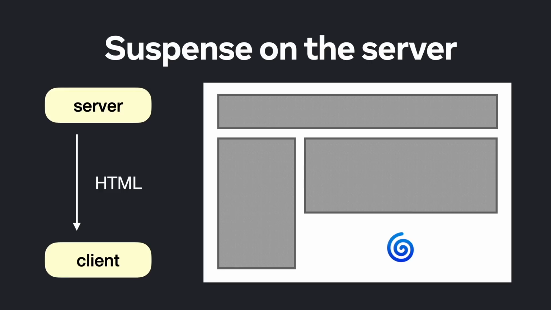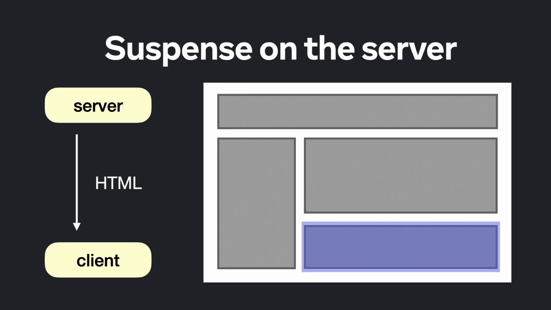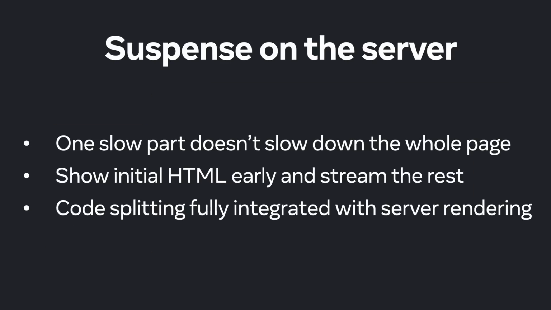So basically in React 18, one slow component doesn't have to pull down the entire render of your app. With suspense, you can tell React to send HTML for other components first, along with the HTML for the placeholder, like a loading spinner. And when the slow component, like comments, is ready and has fetched its data, the server render will pop in its HTML in the same stream. This way, the user can see the skeleton of the page as early as possible and see it gradually reveal more content as more pieces of HTML arrive. And remember, all of this happens before any JavaScript or React loads on the page, thereby significantly improving the user experience and user perceived latency. To summarize, server rendering is an important performance optimization for React apps that lets your users see content faster.